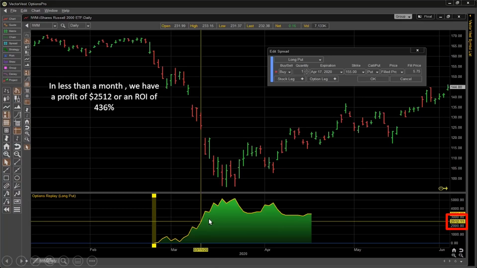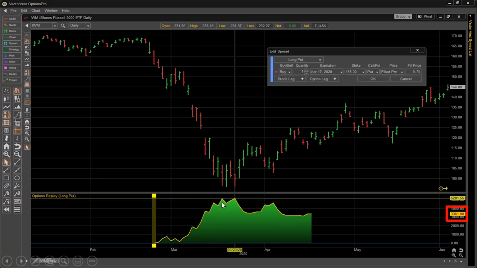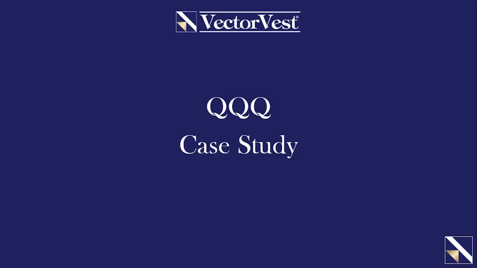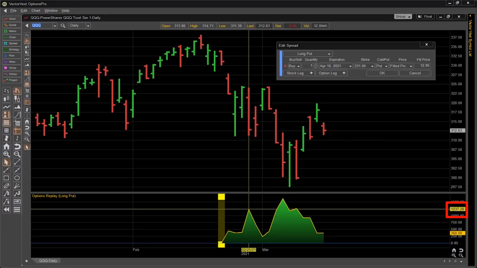Again, risk management techniques may have you out before the peak, but if you held it, that's still less than a month. We would have had a profit of $3,361. That's a return on investment of over 584%. Again, the definition of leverage, by simply aligning the proper trade with the current market condition. Now those are pretty straightforward examples. I put a case study in on the Qs, which tracks the NASDAQ 100 here. And I said earlier, you have to have a very specific plan.